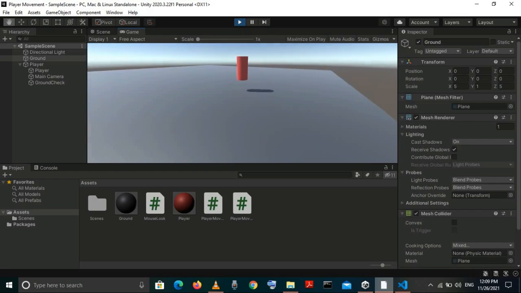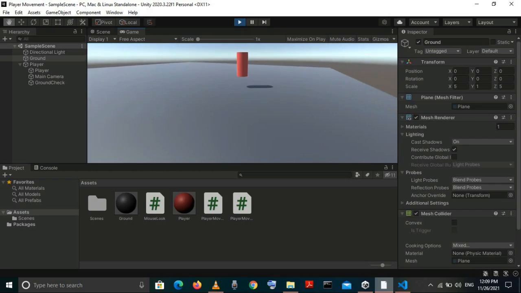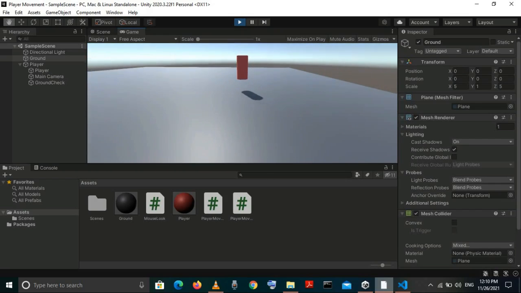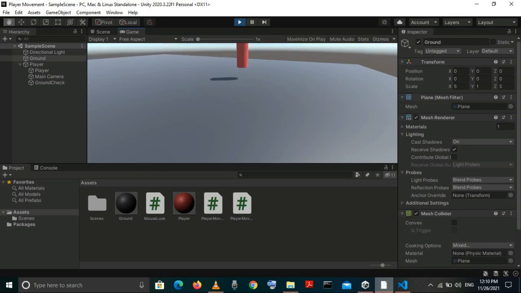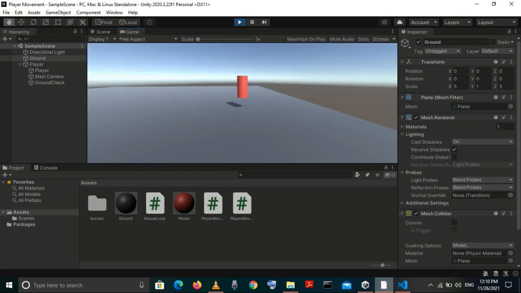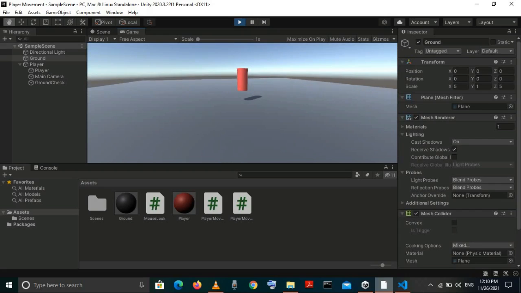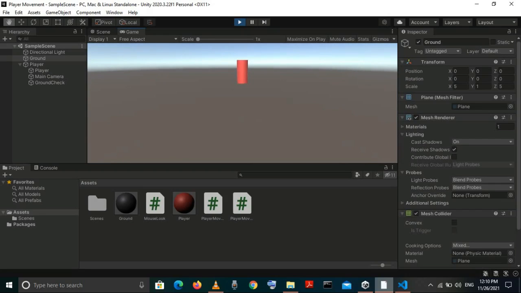For now, I've already disabled gravity. This is just to show how the player can move forward and backwards, left and right. In the next videos, I'm also going to implement different functions like